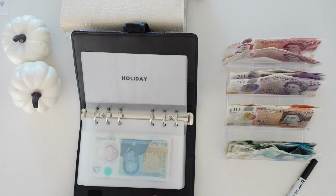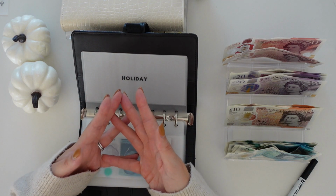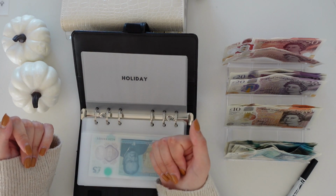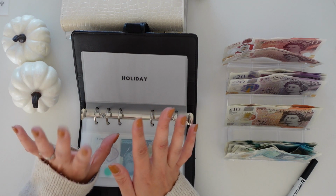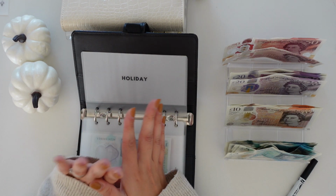And then this one is going to seem quite extreme. It's going to seem like there's a lot going into this one, but we've not been away on holiday for around 4 years or so now. And we had a bit of a kerfuffle with our holiday this year and it didn't go ahead. And we were very sad about it. We essentially needed to